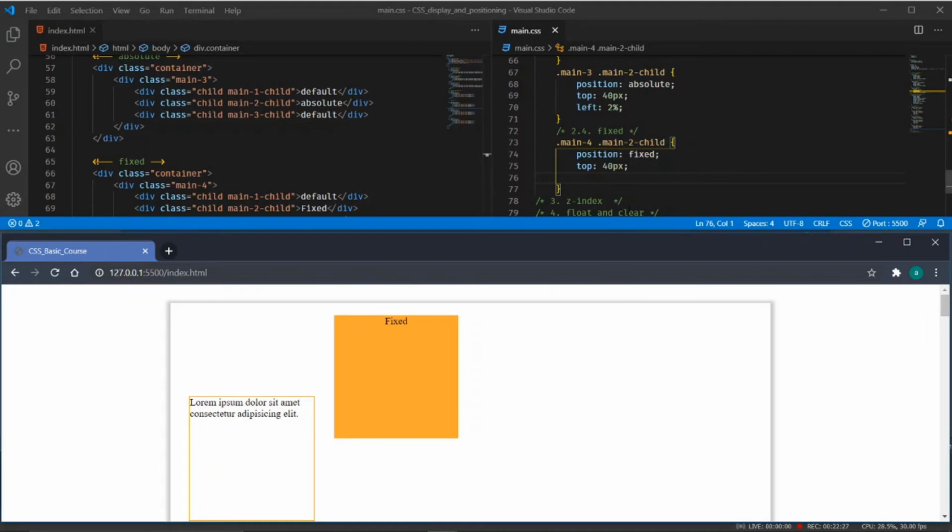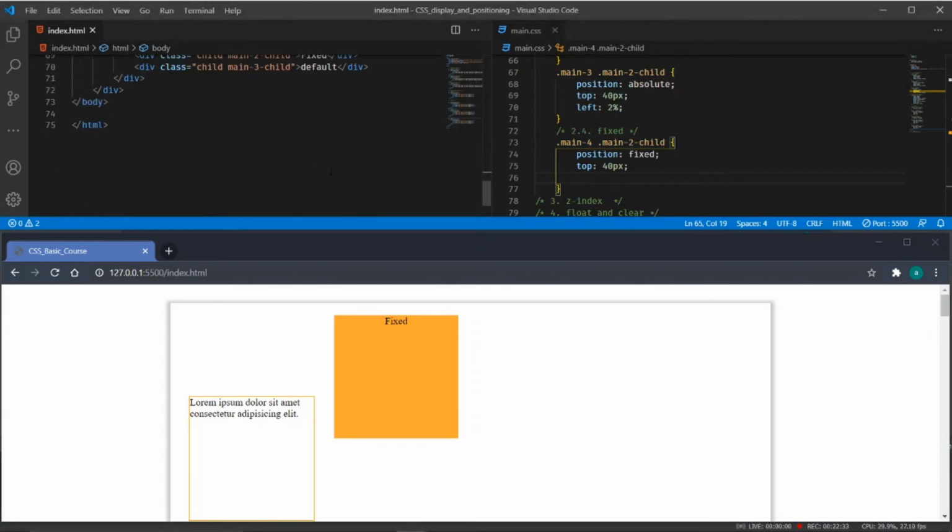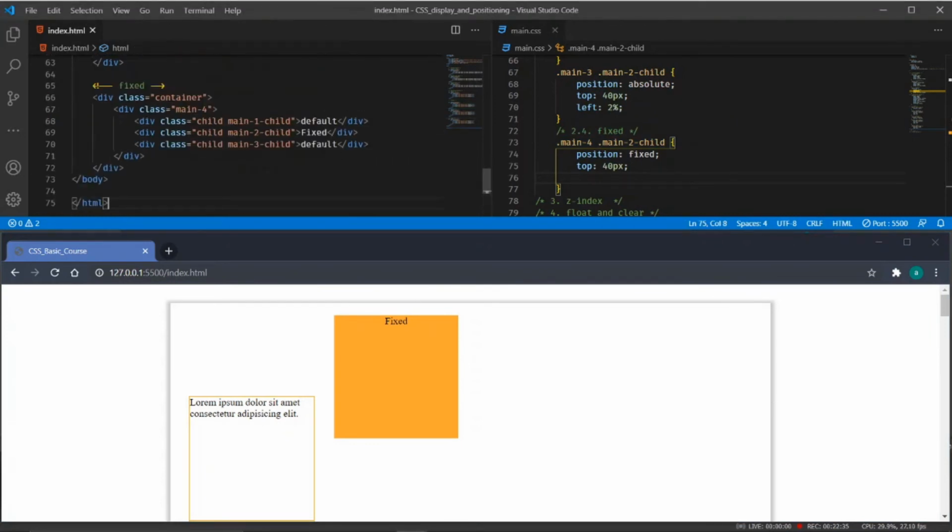So I have added the main4 container with the main2 child. The container main4 has a main2 child with a value of fixed. That value we are passing is the position fixed value.